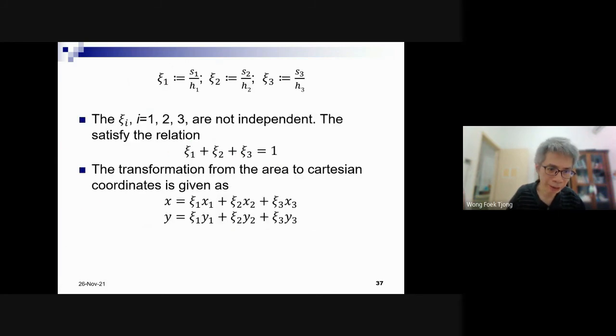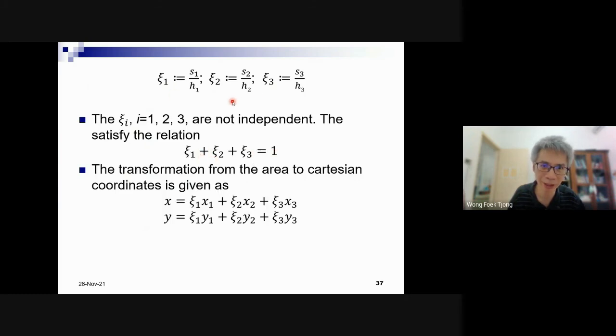Well, the problem is, if we use Cartesian coordinates, we only need 2 numbers. But here 3 numbers. It's a kind of contradiction, right? But don't worry, because these 3 numbers are actually not independent. What I mean is, given 2 numbers, you can specify the third number. So you cannot choose the third number freely. For example, I give this is 1/2, this is 1/4. This should be 1/4. Why?